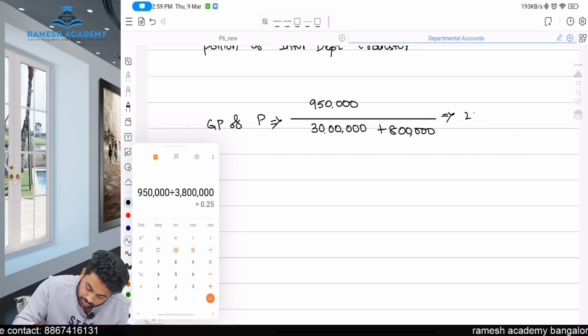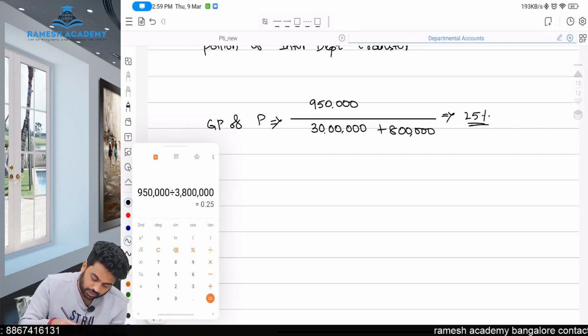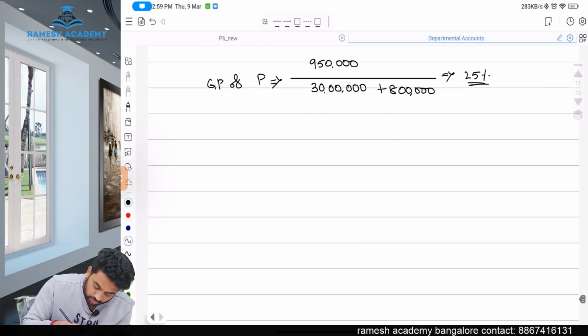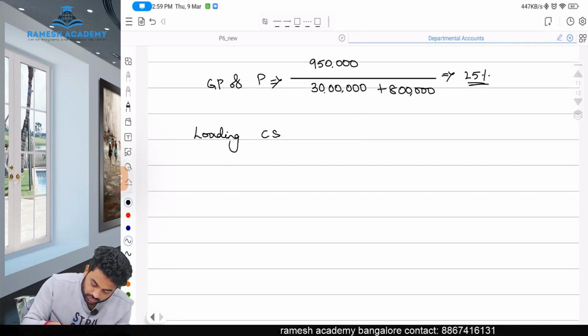So it comes to 25%. So GP on profit is how much? 25%. So loading in closing stock portion of